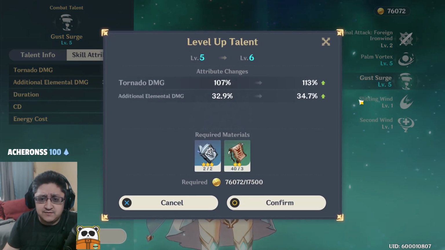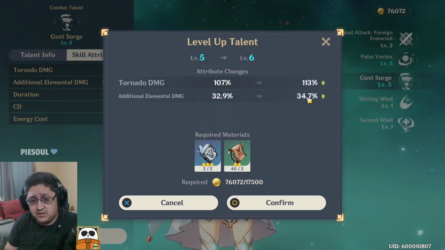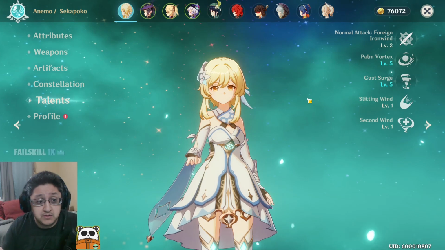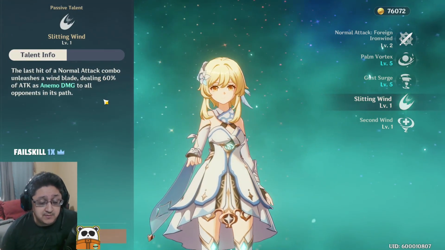So skill attributes for her talents actually go up pretty high, and the tornado damage gets ramped pretty well. The additional elemental damage goes up as well, swirl damage, all that. Everything goes up really well. I'm really impressed by it. Slitting Wind gets the Anemo blade, and Anemo damage for enemies in the path is actually kind of good too